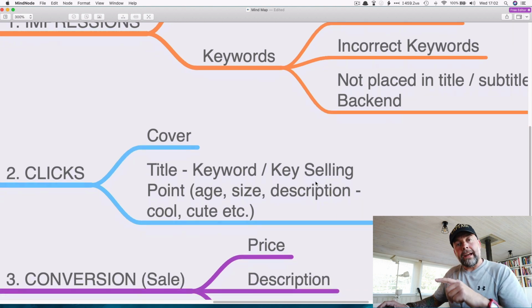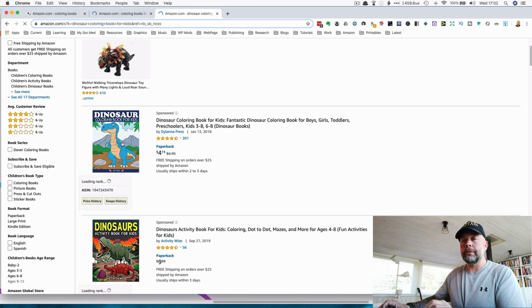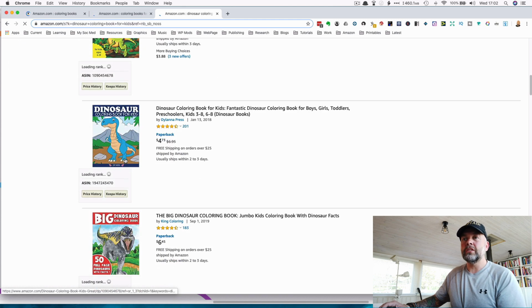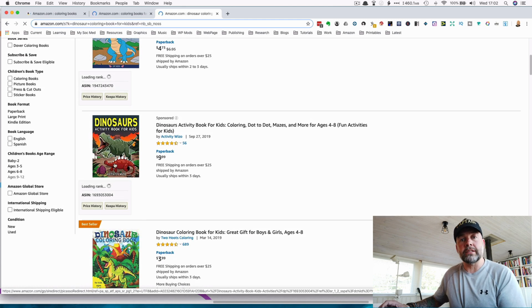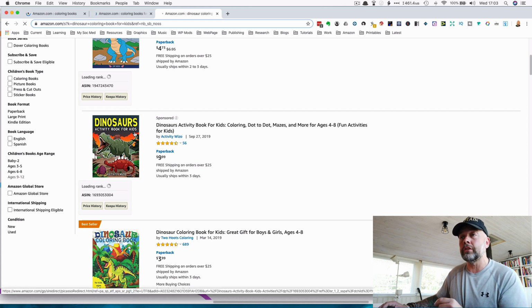And then the secondary factor is what's in the title. So as we scroll down, people are looking at what's here. Does this look nice? Oh, this looks interesting. I like the look of this. And then they'll go and have a quick look at the title and see if that's in keeping with what they're going to be buying. Because if they look at that and go, oh yeah, I like the colours of those, got dinosaurs, and then they go to the title and it says,